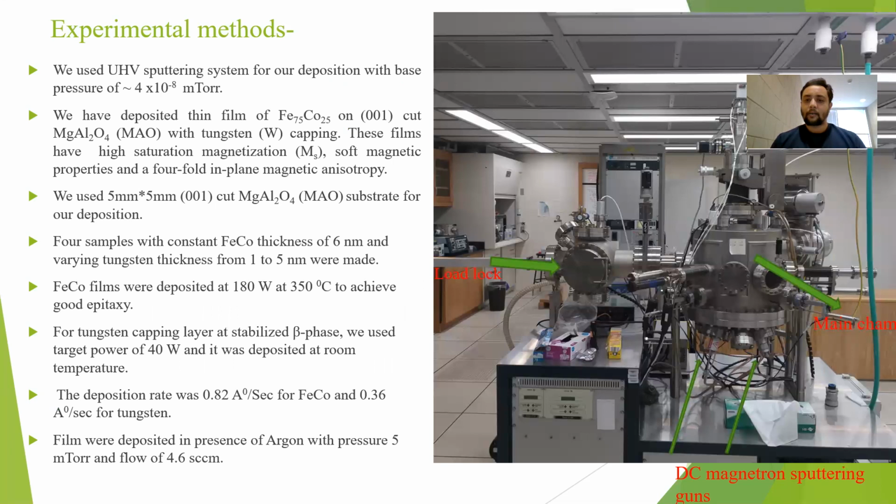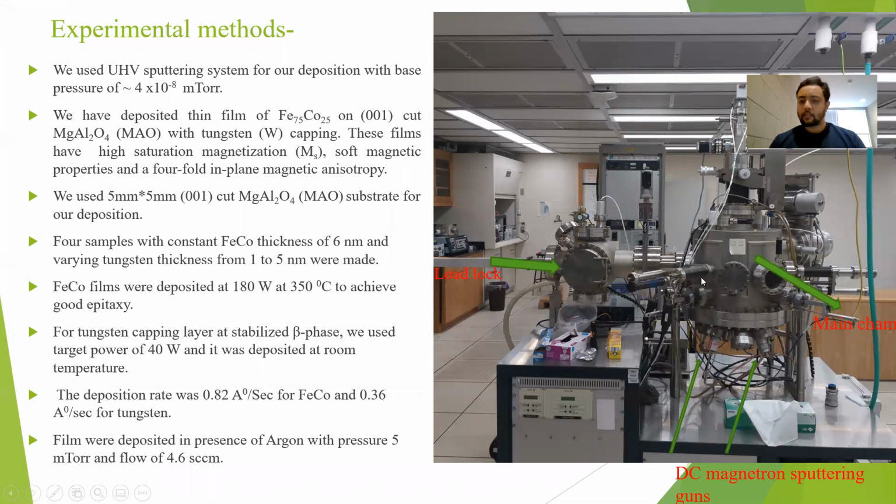So this is our experimental setup, and this is the UHV sputtering system. It consists of two chambers. This is the load lock chamber, and this is the main chamber. Our film was deposited in the main chamber, and you can easily see that there are four DC magnetron sputtering guns. Two of them are clearly visible from this angle, and two of them are on the other side. We use a DC power source for our guns,